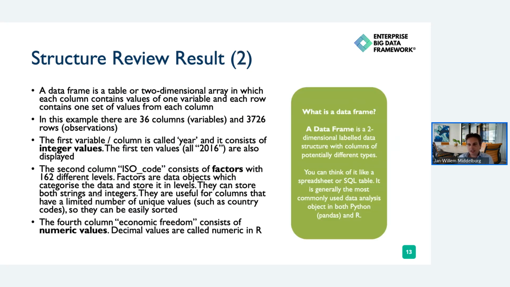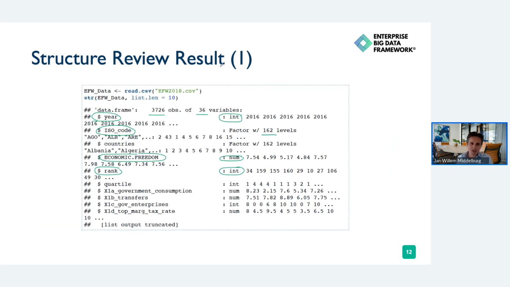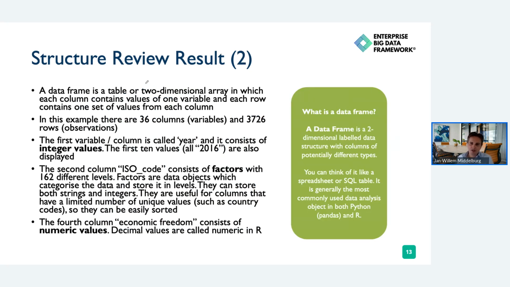So a couple of key things this tells us. What we can see on the previous slide, which I didn't discuss yet, is that this is a data frame. For those of you who have a bit more background, you will know this already, but a data frame is a two-dimensional structured data set that we can very easily manipulate. Think of it as an Excel sheet, but in Python or R. So a couple of key observations that we have seen. Note that we have 36 different columns,